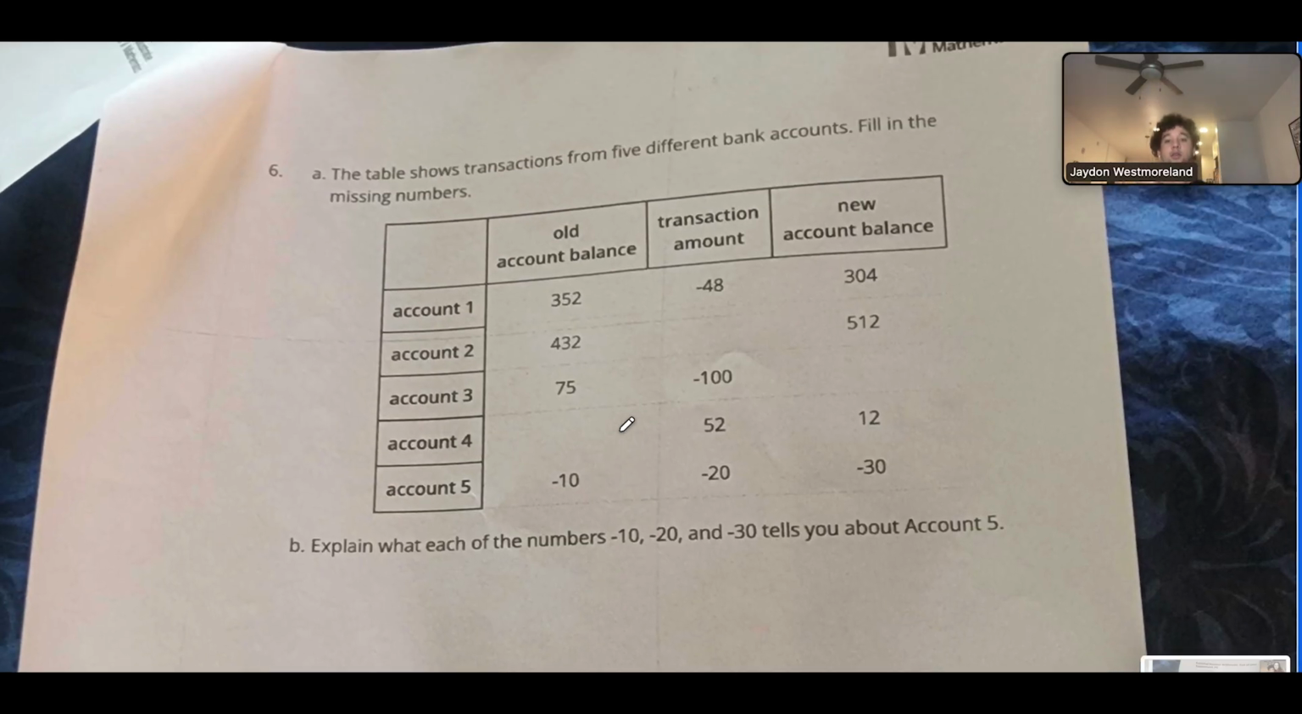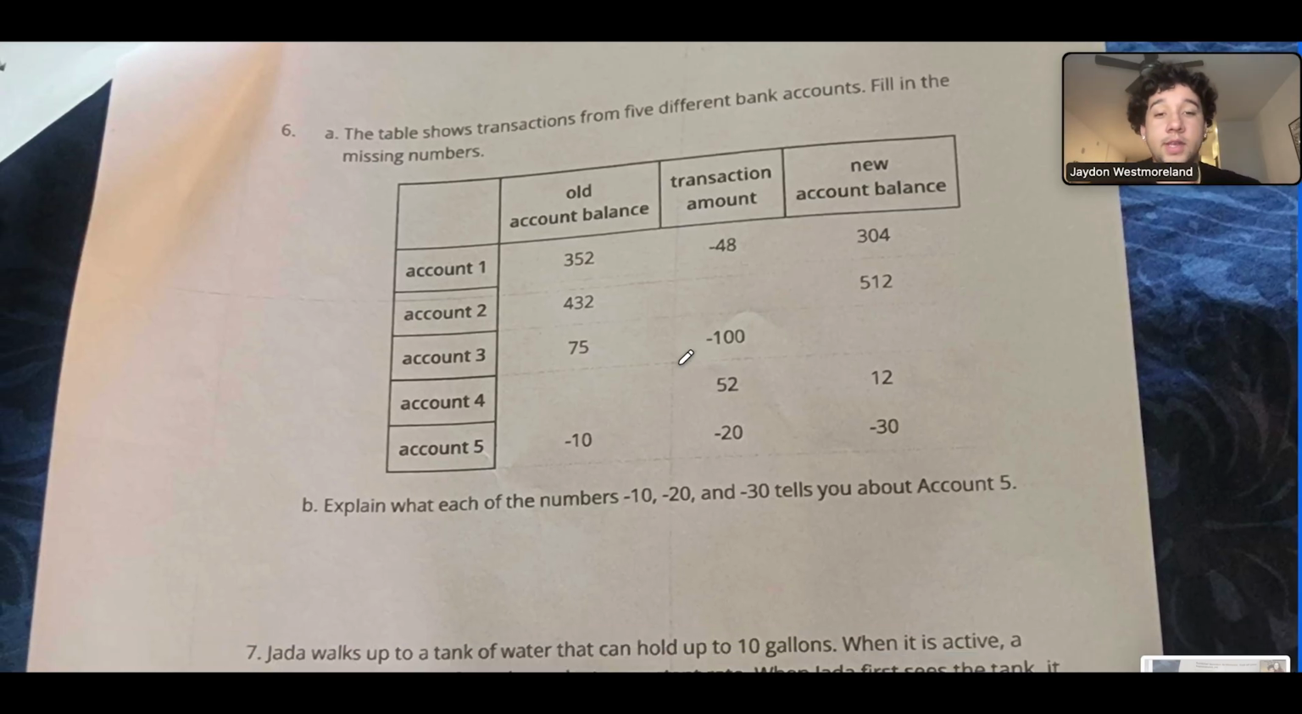All right. The table shows transactions from 5 different bank accounts. Cool. So, new account is going to be equal to the old balance plus the transaction amount, right? If I have money and then I spend money, that new balance is the result of me doing those two actions, right? My new account balance, how much money I have now, is a product of what I did with my old money, if that makes sense, right? So the way that I would solve this is